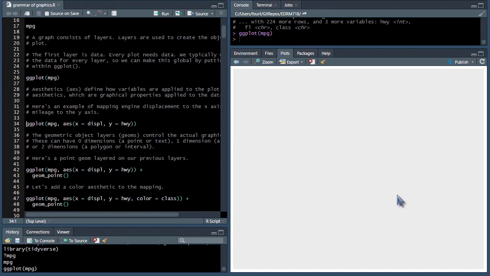Remember, here's our plot over here. It's already got a layer. You can't see very much, but it's got a layer. It's got data. It's just that we haven't defined how we're going to display those data. But now we're going to start with the aesthetic of x being displacement, y being HWY, which I believe is